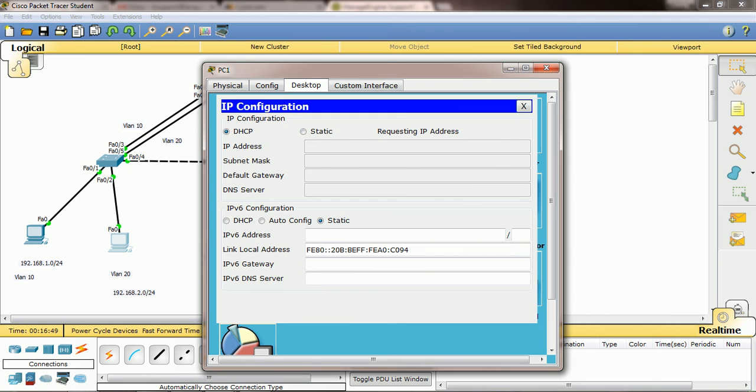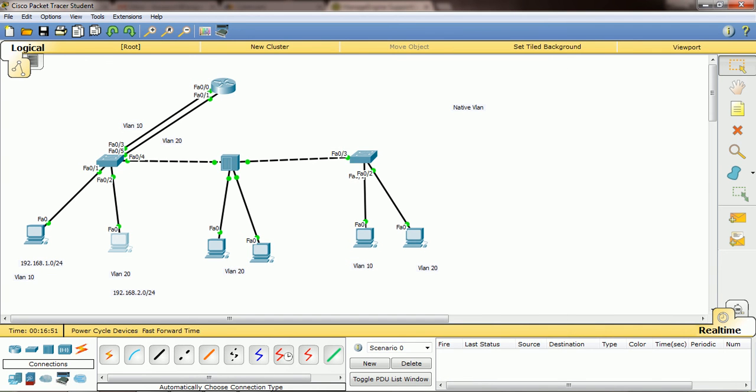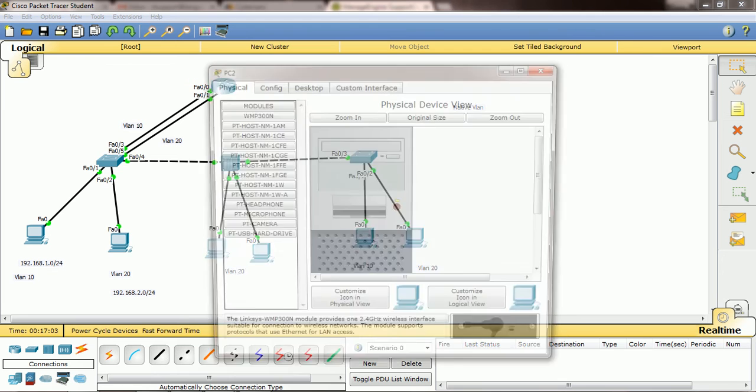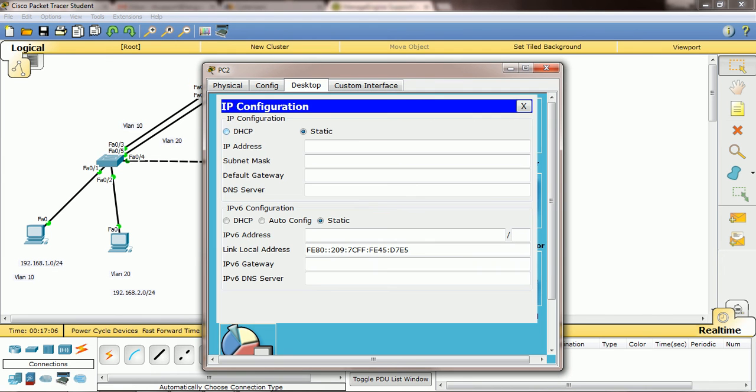Yeah, see here it's got, but these machines also will get from the 2.series. That is what we are using the native VLAN, and we are making this port a trunk, and in that trunk we applied native VLAN 20, right? So you can see here how it is getting.